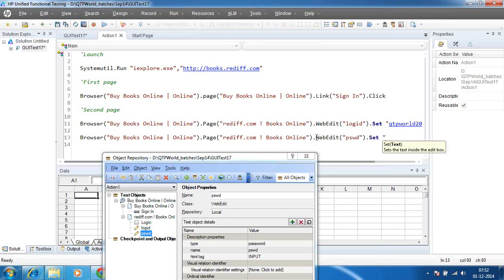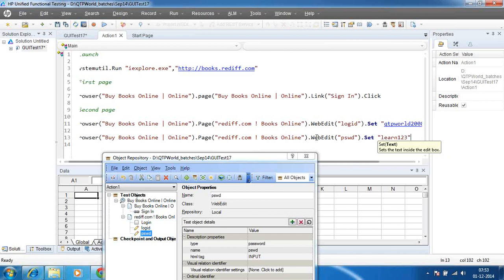If you ask me, we should give encrypted values and all those things. How to give encrypted values and how to do that, we'll have a session on Thursday when the regular sessions come up. We'll cover how to encrypt and all those things that day. Today we'll learn how to enter the password directly, guys. It is learn 123.